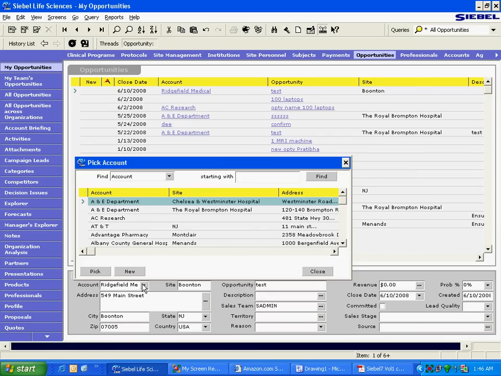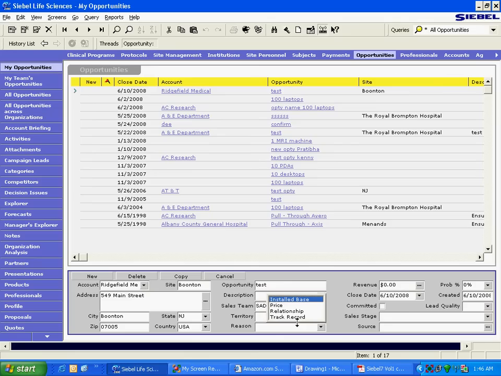And this pick applet, if you have to really compare it to something, you should compare it to another pick mechanism. This is another pick mechanism in which there are options, and the user can choose one of the options. So there are many choices available, but none of them is a chosen value. When the user chooses it, it becomes the value of that field. Now price is the value of this field. The user is really saying, this opportunity I lost because of this reason, or I won because of this reason, right? So there are only 4 choices given. The user can only give one of these reasons.